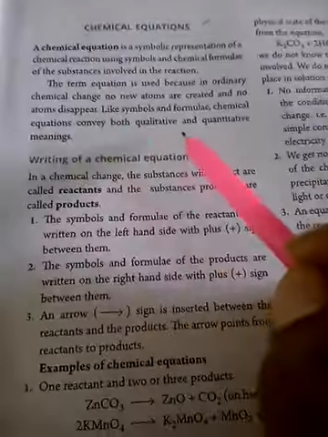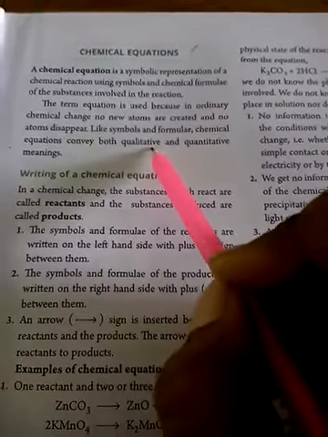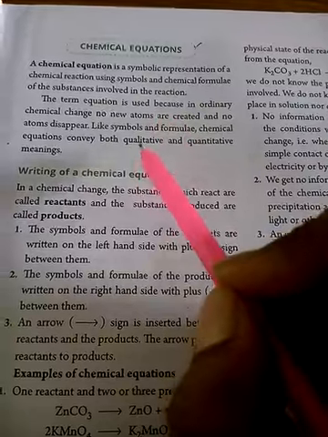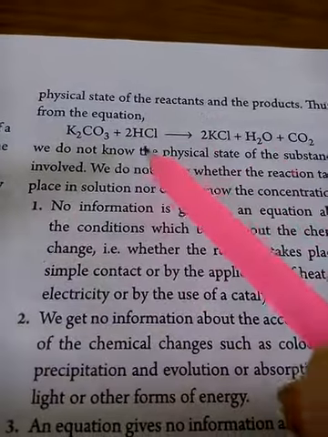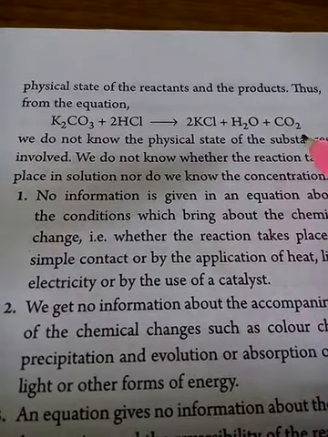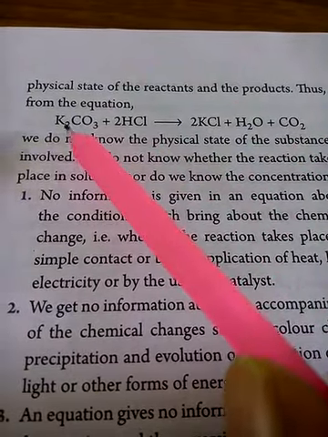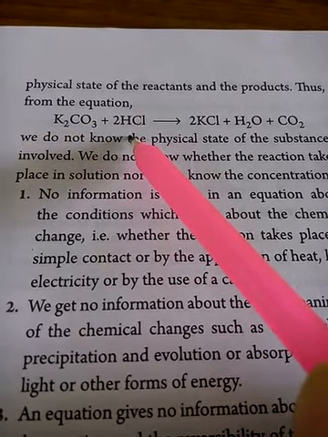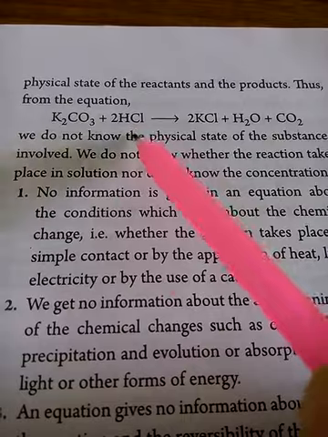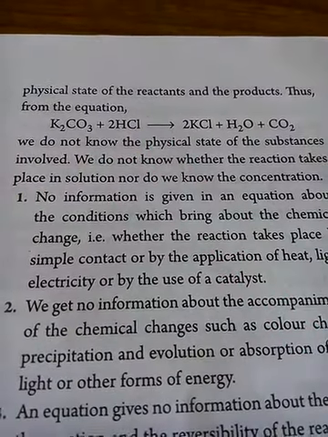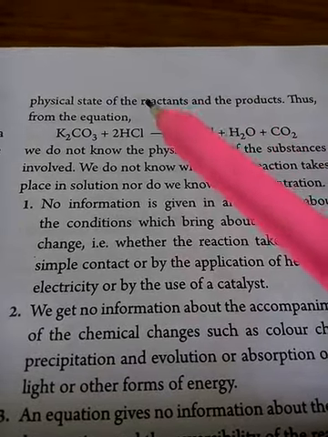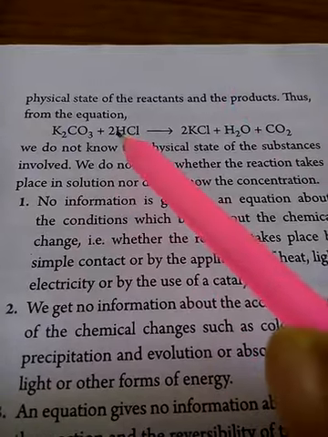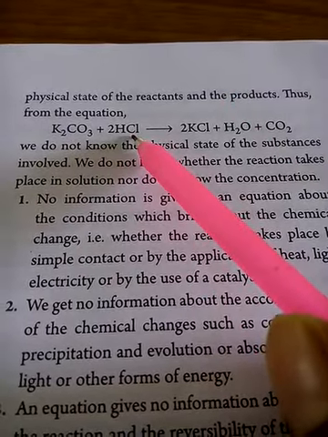Now this is important. A chemical equation gives us information, qualitative as well as quantitative. Now what is qualitative here? For example, in this reaction, what quality of the reaction do you understand from this? This is a reaction between the salt K2CO3 and the acid HCl, right? So this is known as qualitative. Qualitative means you understand the pattern of the reaction, whether it is a neutralization reaction, a displacement reaction, or any other form. That is the qualitative aspect of a chemical reaction.